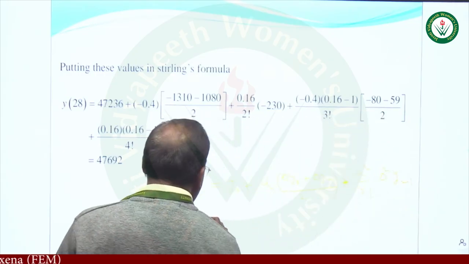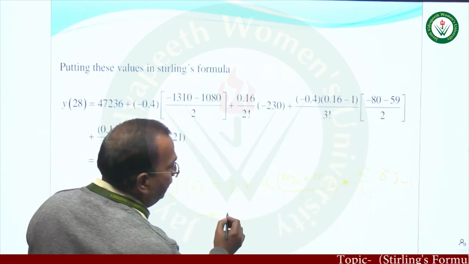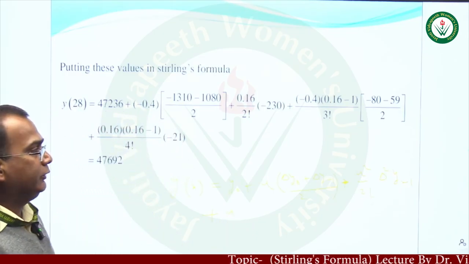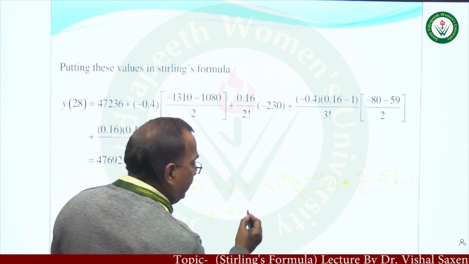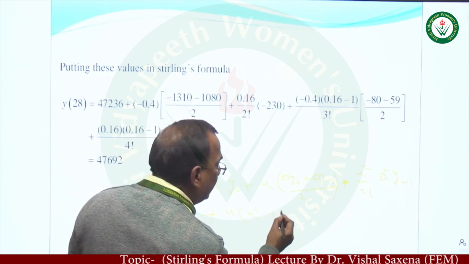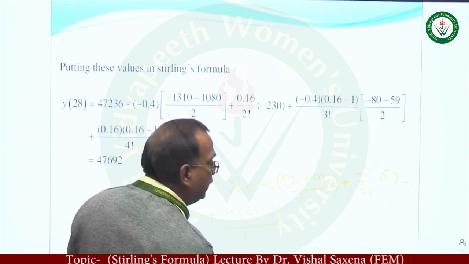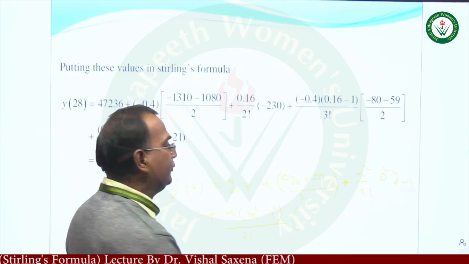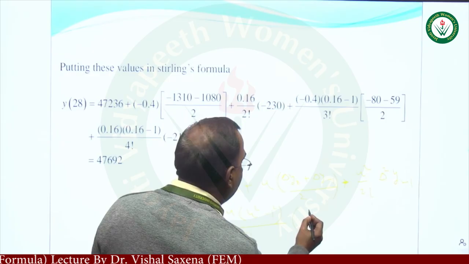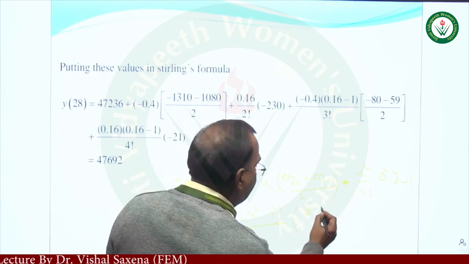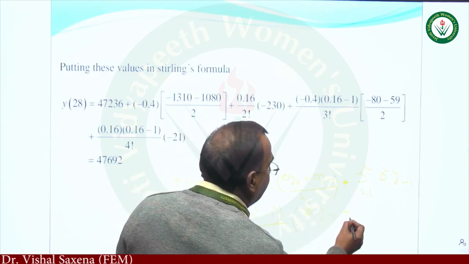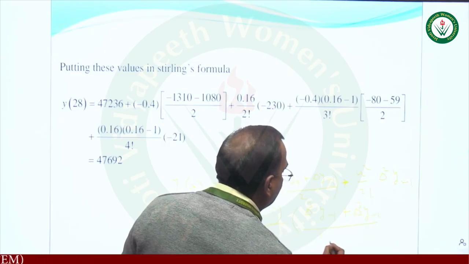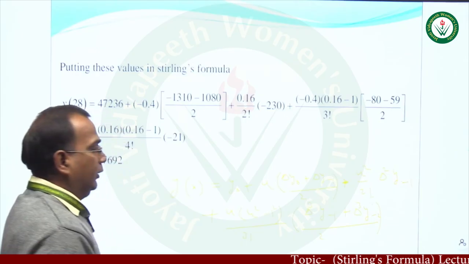What will be the next term there? The next term will be u. Now we have to make the third degree polynomial. So u into u square minus 1 square upon factorial 3, and then again the average or the mean of two terms will come there. So this will be del cube y minus 1 plus del cube y minus 2 upon 2. Is it? Next.